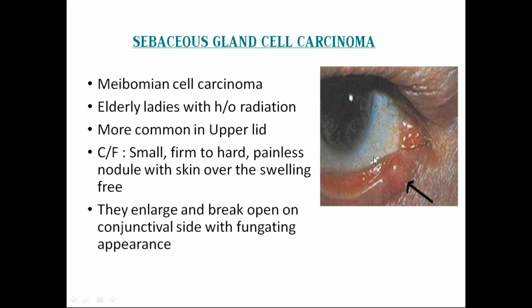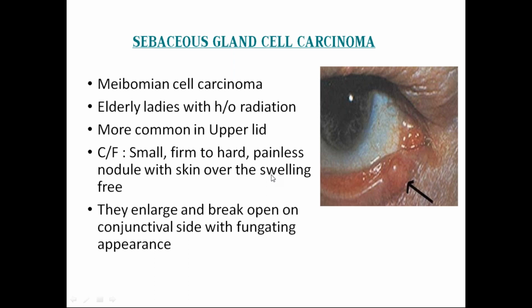Now, when do these sebaceous gland tumors become malignant? Now, it gives an appearance similar to chalazion. In a young adult, if you see a chalazion-like picture, then it is usually because of the non-suppurative inflammation of the meibomian glands. But in an older age, a person who is beyond 50, if you see a chalazion-like picture, you have to rule out sebaceous gland carcinoma, or meibomian gland carcinoma is the other name for it.